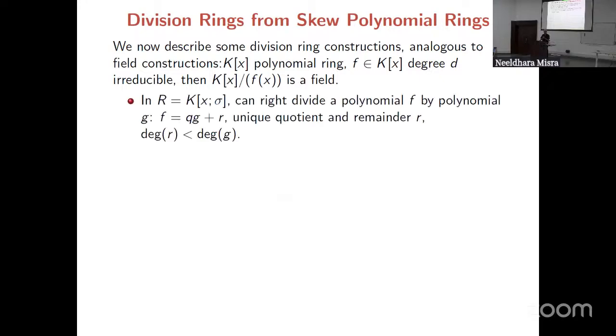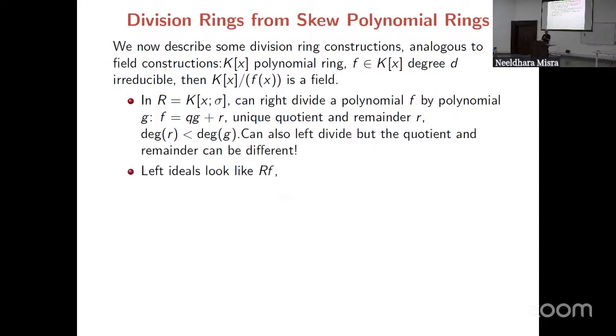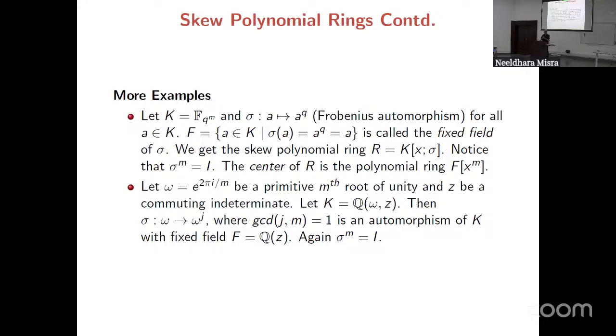What do we do here? As I told you all this stuff, you can right divide f by g and you get a unique quotient and remainder. You can also left divide, but because you can do these things, the left and right ideals are principal ideals generated by a single element. So left ideals look like R into F, right ideals look like F into R. And if this polynomial F happens to be a central polynomial, namely, like I said, something in F, x to the m in this example,